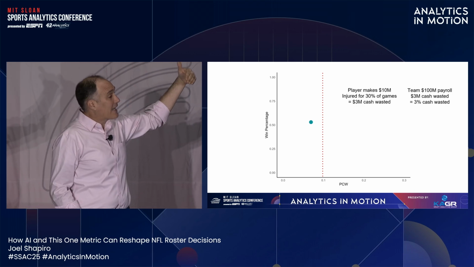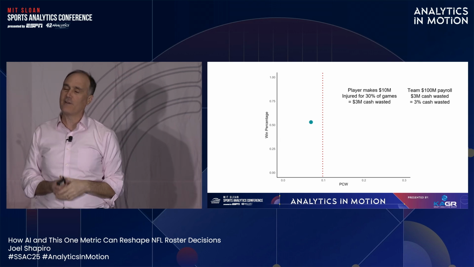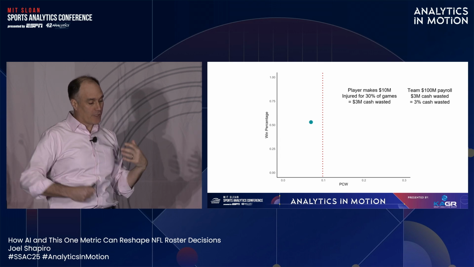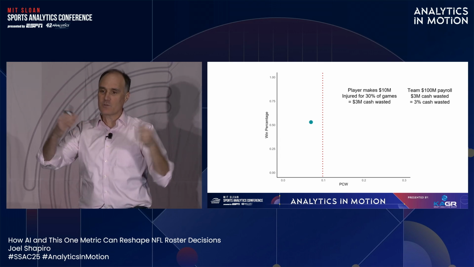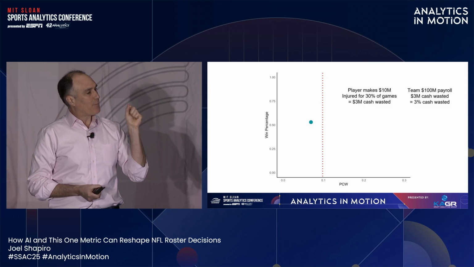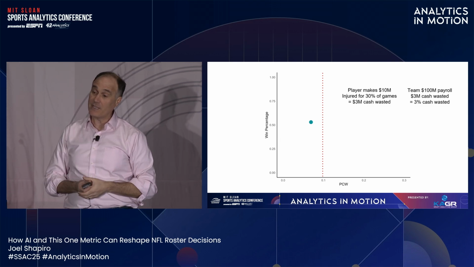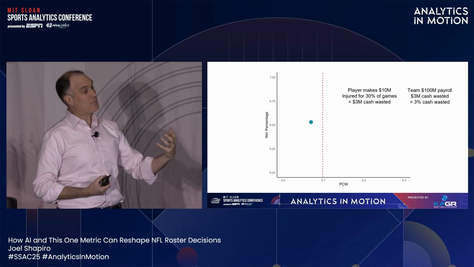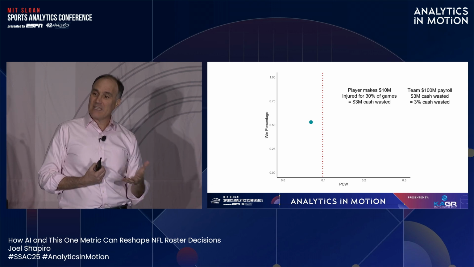The vertical axis of this graph shows their win percentage for that season. They were 9-8, so a little bit above 500. And the horizontal axis shows this thing called percent cash wasted. That's a metric that I have used some AI to come up with and think about the importance of, and it represents the percentage of a team's payroll that is spent on players that are injured in a given year. Now, the Dolphins in 2021 spent about 7% of their payroll on injured players, and the league average is